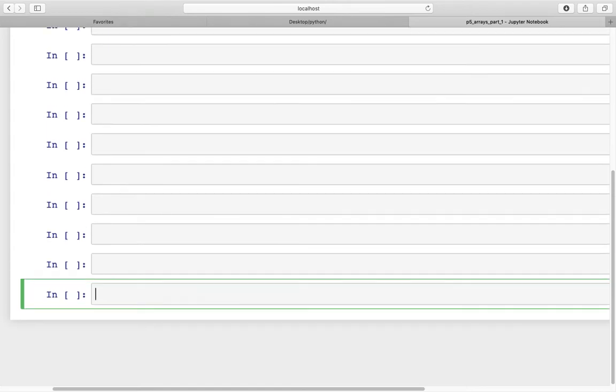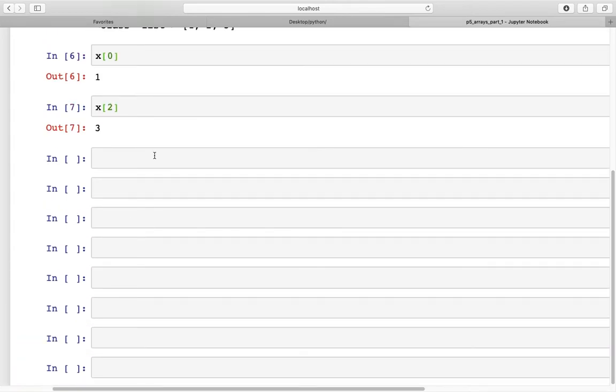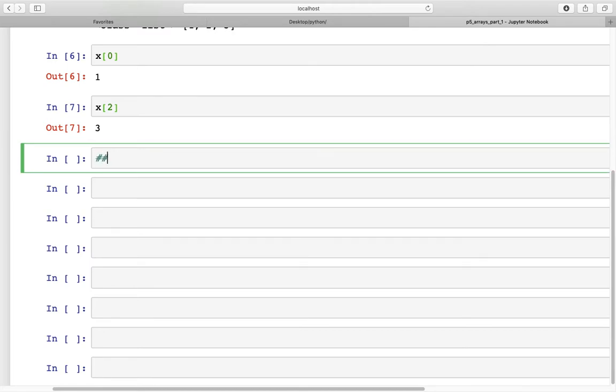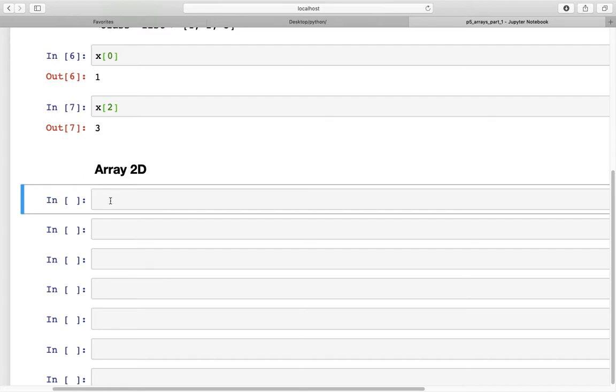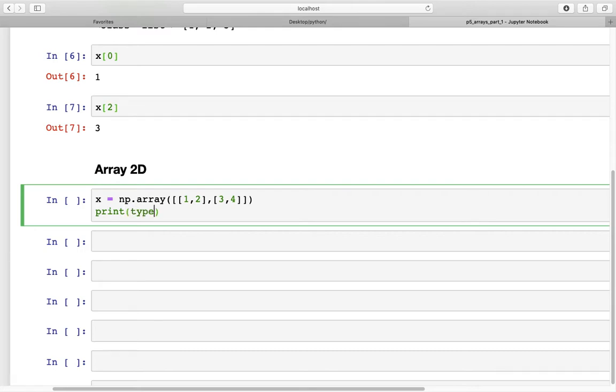Now moving on to the next item, which is two-dimensional arrays. So let's create two-dimensional arrays, and I'm going to make this markdown by pressing M on the keyboard when it's highlighted blue. Now for a two-dimensional array, it's the same method, but we have to type 2 square brackets inside 1 square bracket. So it's like this, np.array, and you have 1 2, and then we have the second one, 3 4. So this we can do print type x,